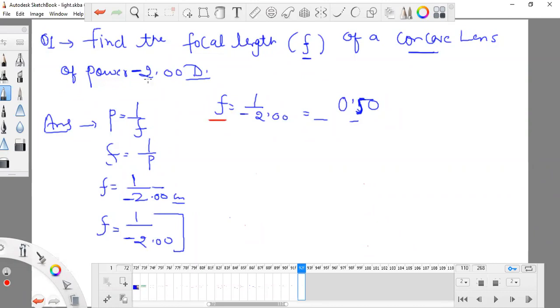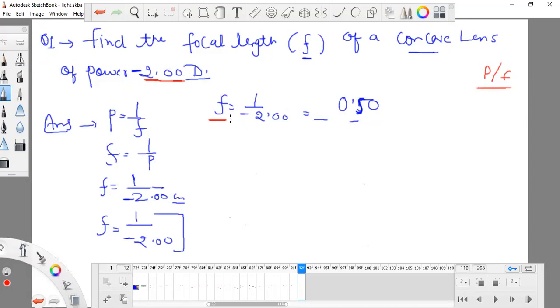Now one more thing I want to tell you very clearly: whatever is given to you, if power is given to you, it is given in diopter. And if you have to find out f, each and every time power is given to you, then you have to find out the focal length. This is the specific type of question I'm talking about. This is specifically for power-based questions, not for the ray diagram questions we studied, with image and object. This is the type of question when there will be only P and f.